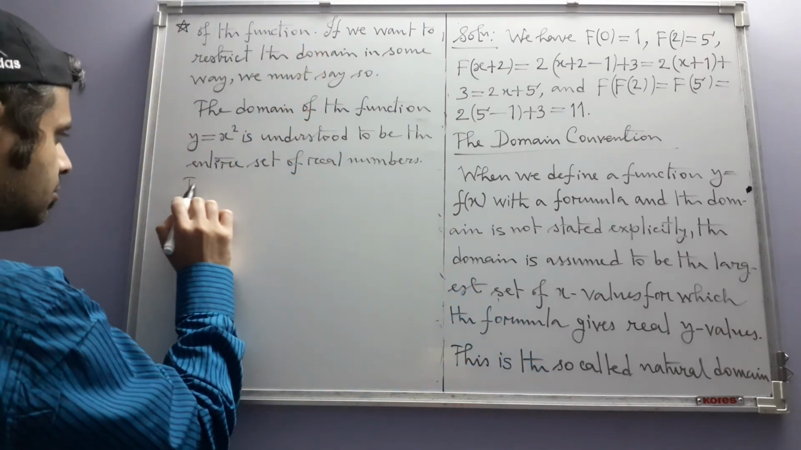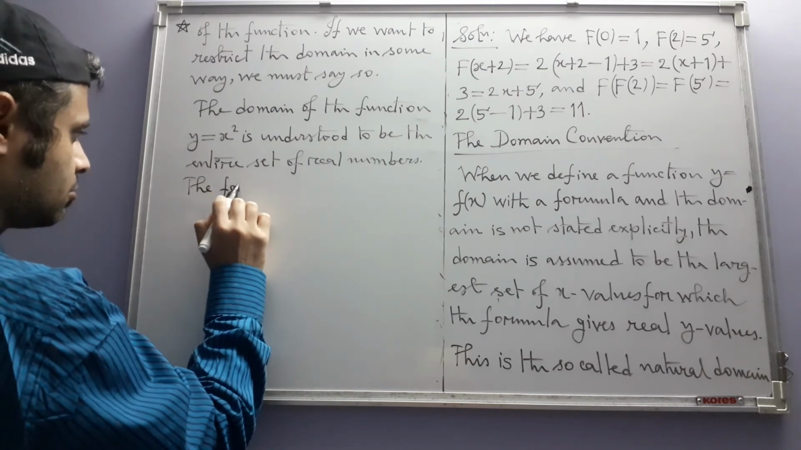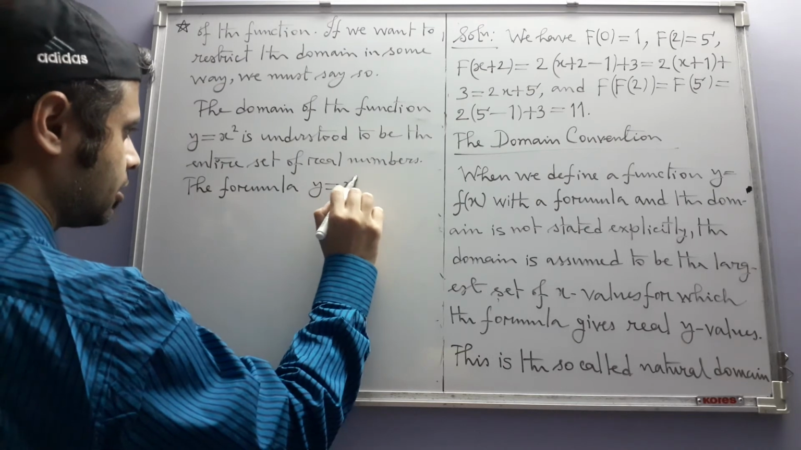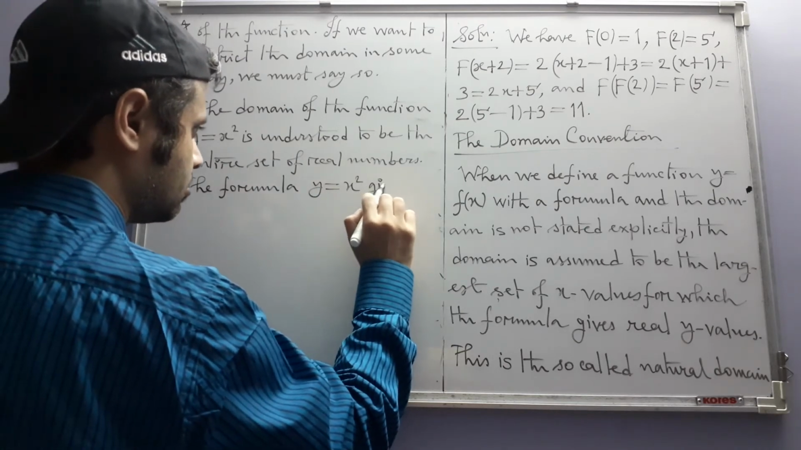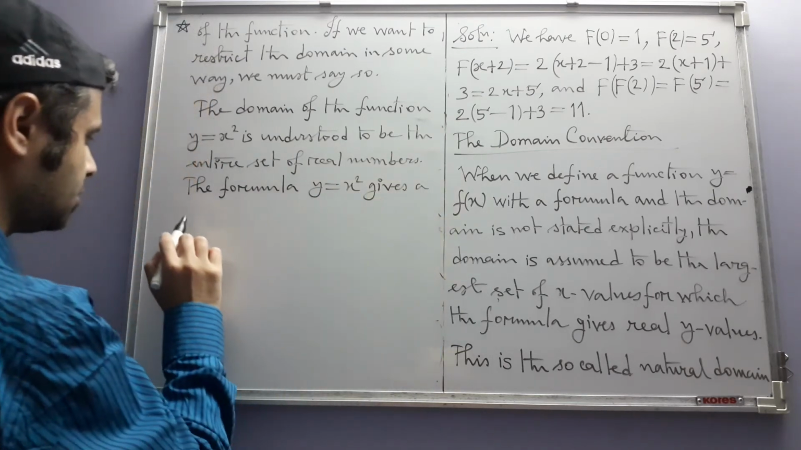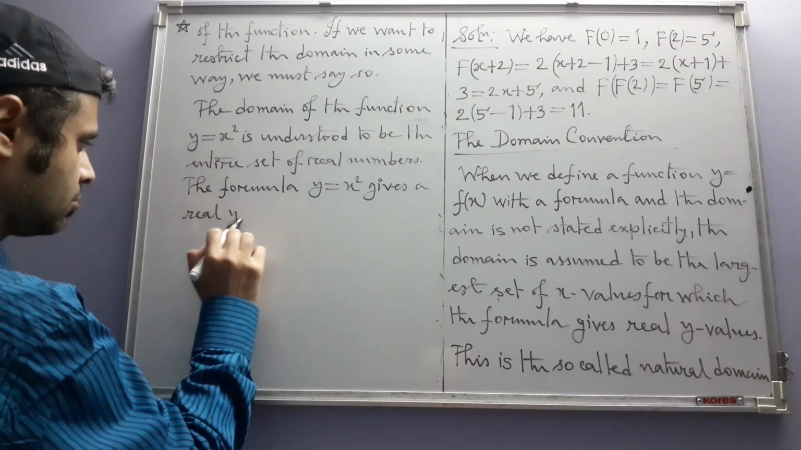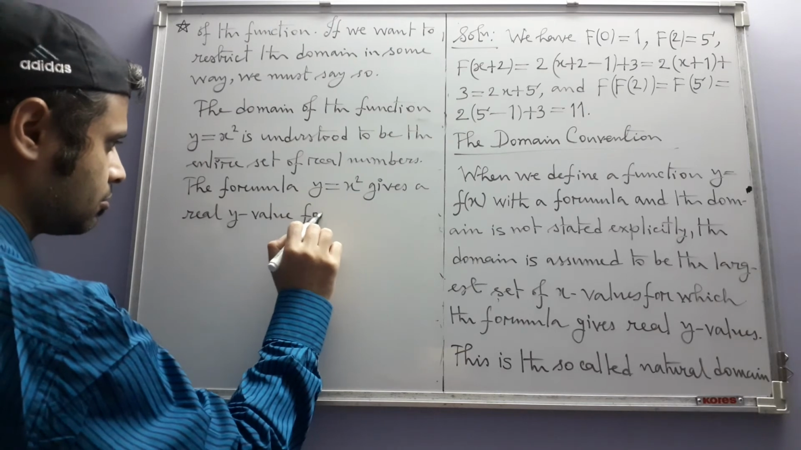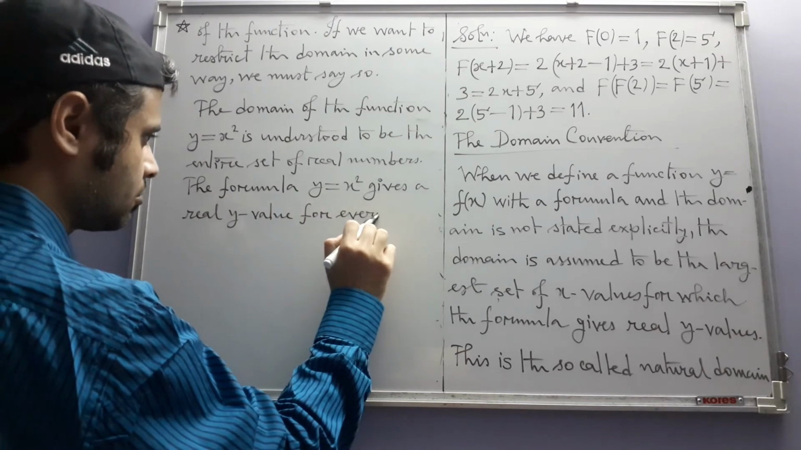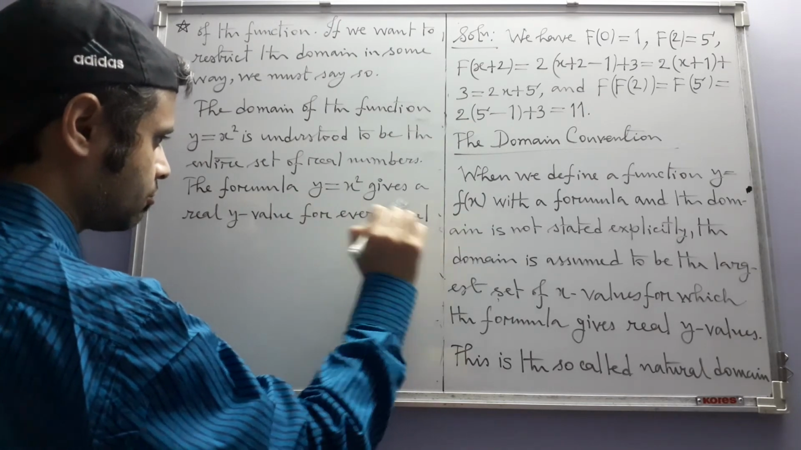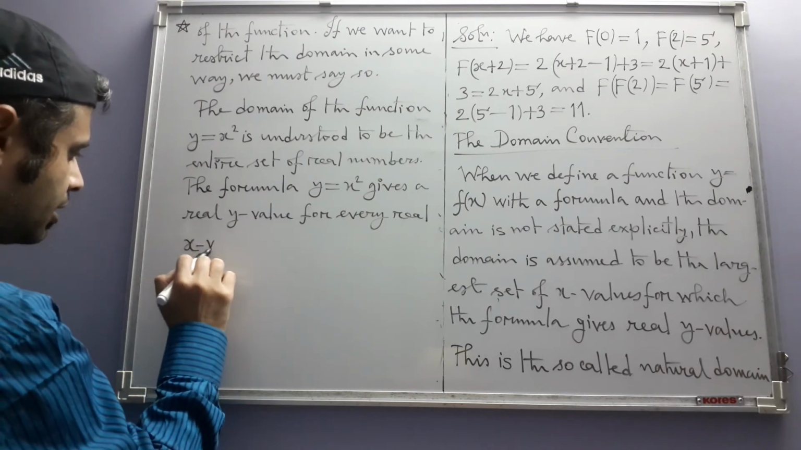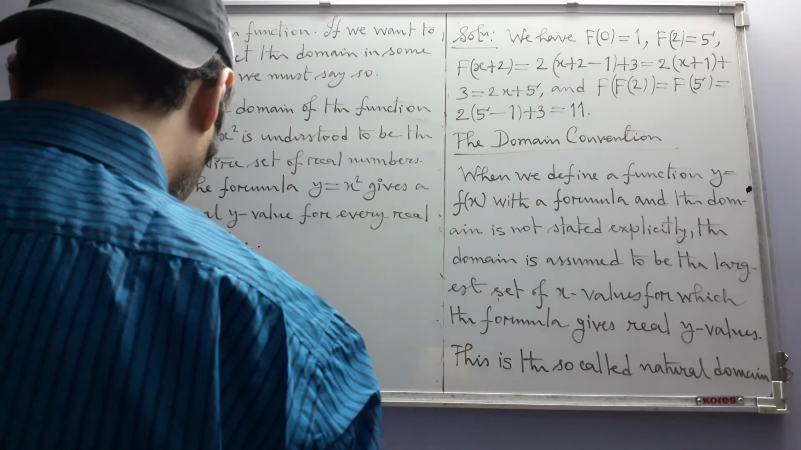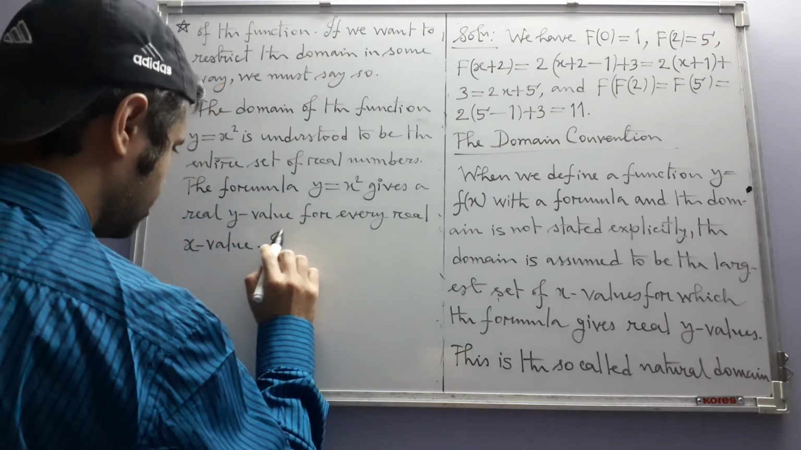The formula y equal to x square gives a real y value for every real x value. If we want to restrict the domain